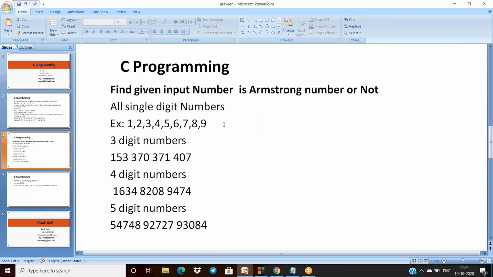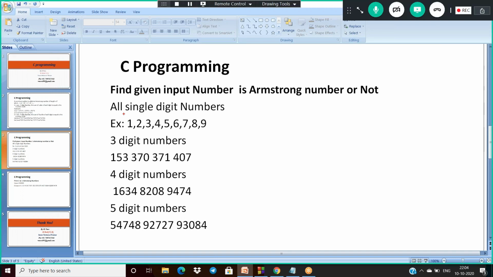So let us see the examples here. Single digit numbers are these. If you take any single digit number from 1 to 9, all are Armstrong numbers. Of course, 0 is not, since 0 power 1 is something, it is also 0.